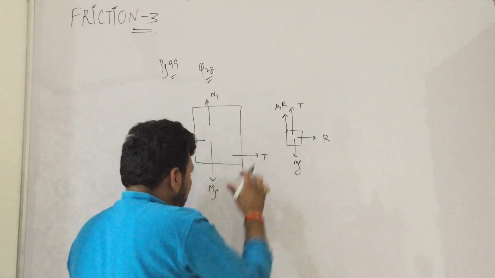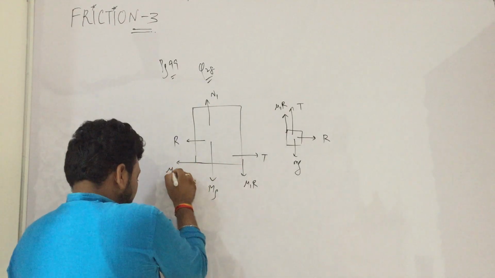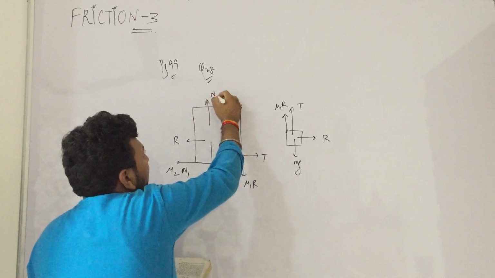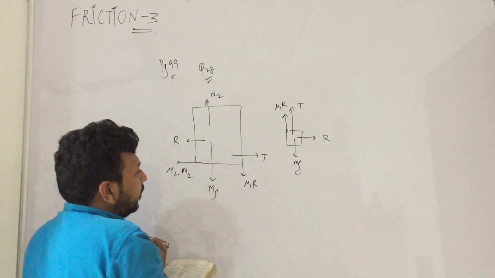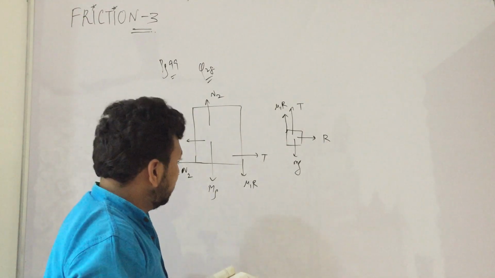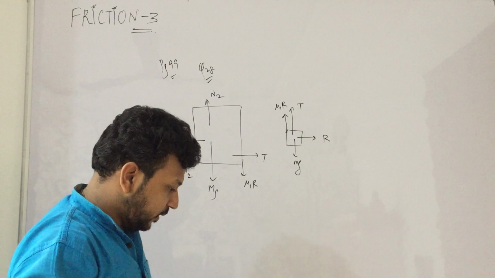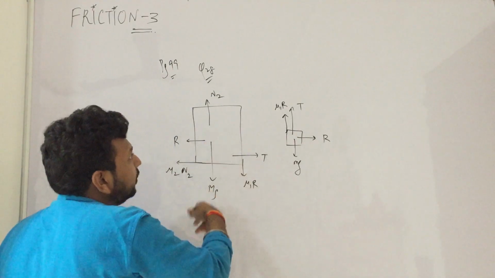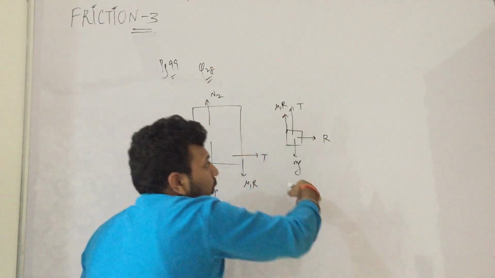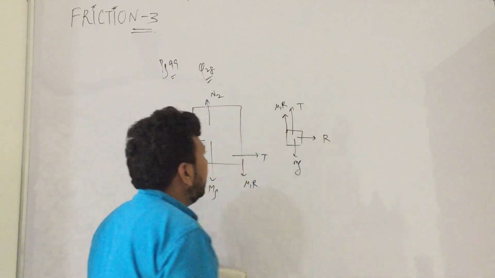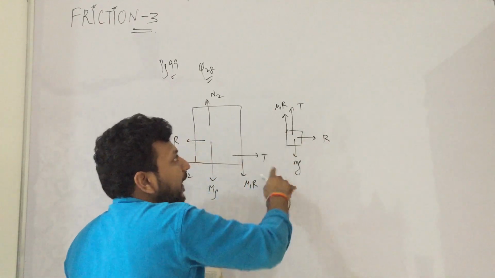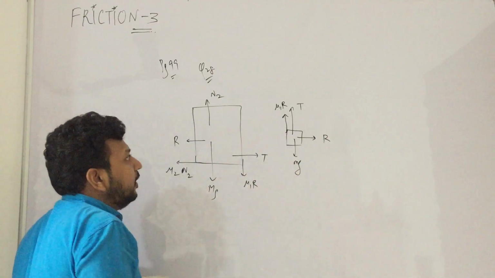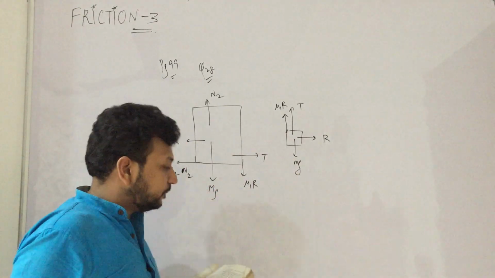And as this will move, there will be a friction here, mu2 N1, or you can write it as N2. This will become mu2 N2. So this is the basic thing which everybody will make. mg was first and then N came, small mg came, tension came, this tension pulled it further. R came down, friction acted, with an equal opposite reaction. As it moved, there came a friction, and for R there is an equal opposite reaction.